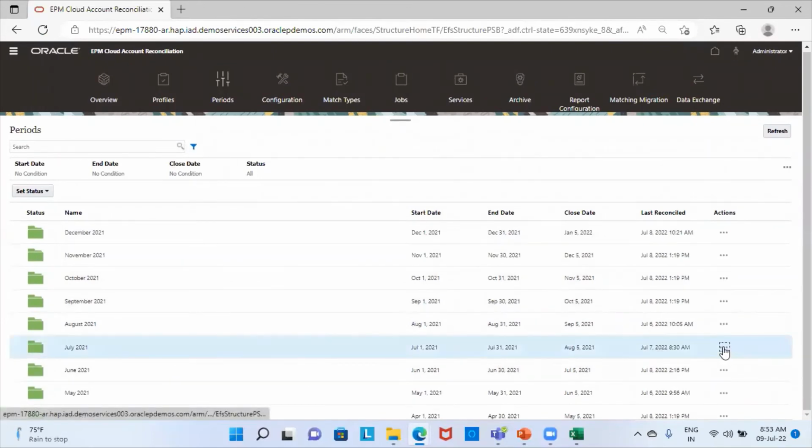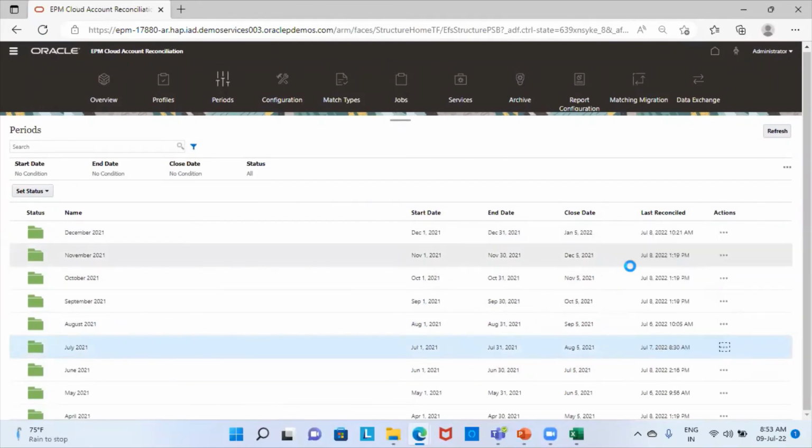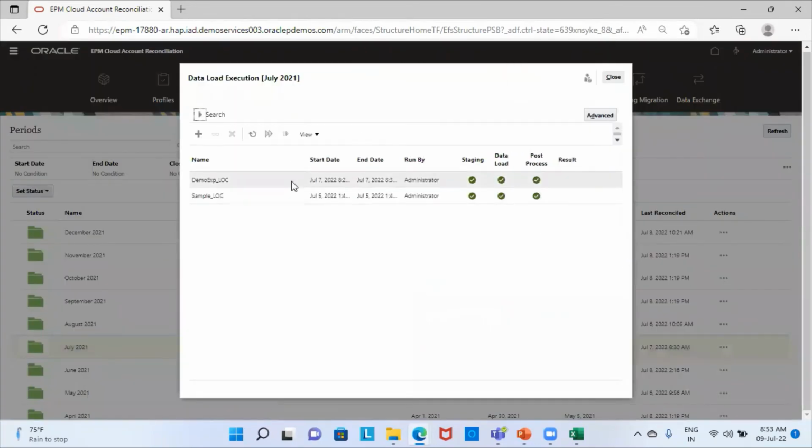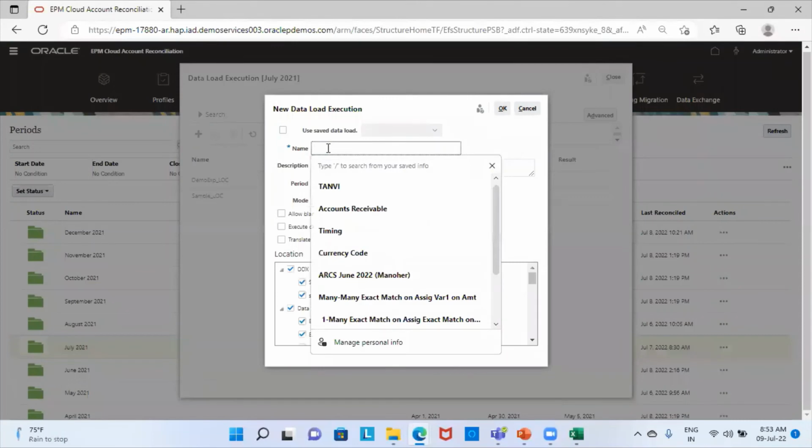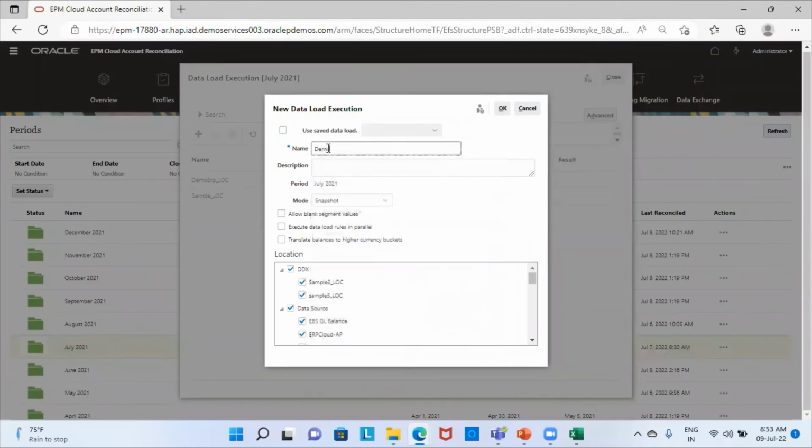And from the actions tab, I will click on import data. Click on add. I will provide a name. Period is July. So I'm going to uncheck all these boxes. I just need my location that I have created